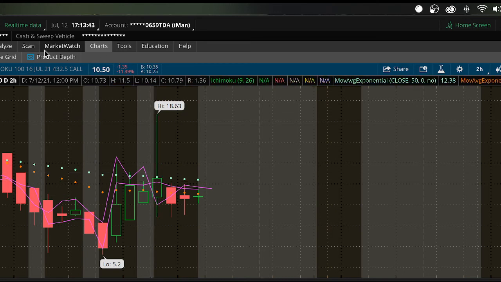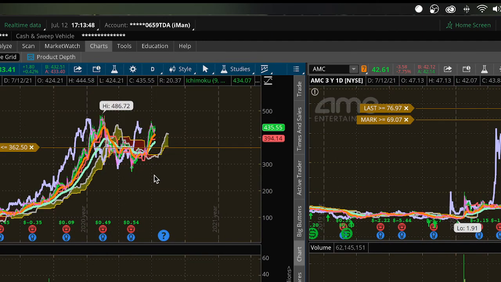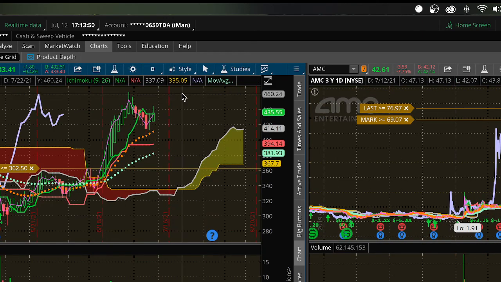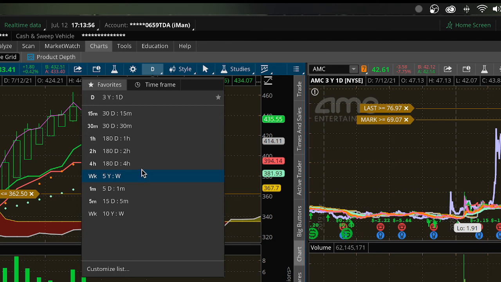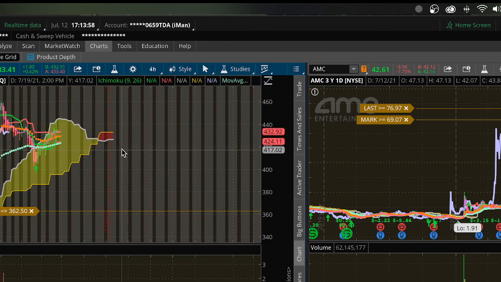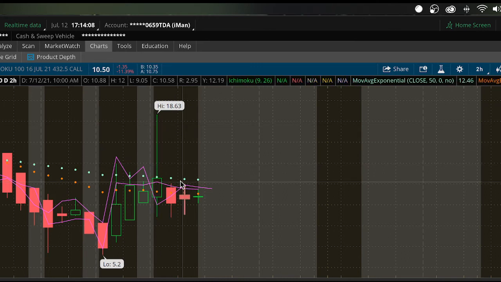And I believe today ROKU went to, I don't even remember, I think 436, 437? Oh, sorry, it was up here. It's still within the cloud though, so that's why I didn't fully enter the play. You see it literally touched the top of that resistance. Yeah, 444. So I saw these going up at first, and I was kind of intrigued, but we never got